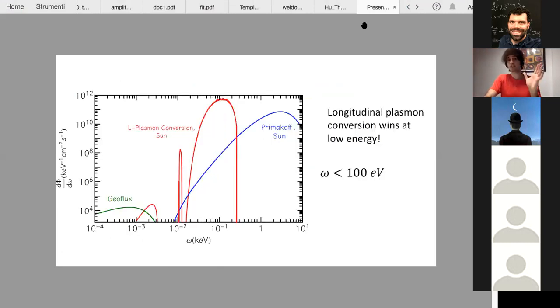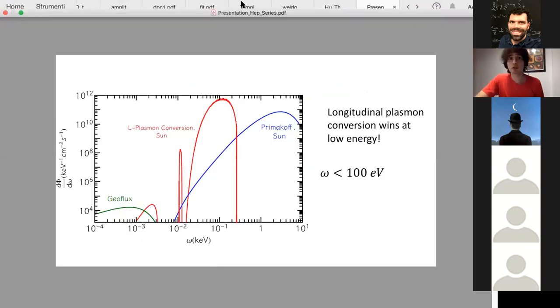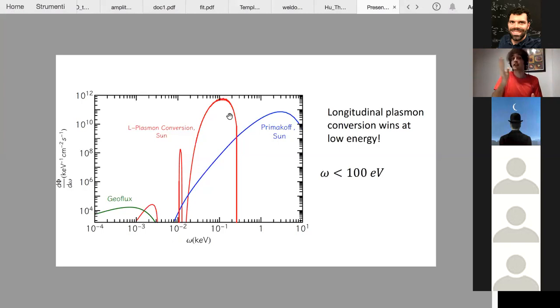Okay, it's a different process, but you can see the difference is just Primakoff is mostly producing thermal photons, so they're happening at the temperature, whereas our process is happening at the plasma frequency. Exactly. In fact, if you notice, the peak of the Primakoff is around the keV. If you remember the plot that I was showing about the temperature of the sun, it was also peaking around that, right? So in one case, everything is set essentially by the temperature of these thermal photons. In our case, it's the plasma frequency. And this is also why our process is peaking at a much lower frequency. And this is also why we had the idea of looking for the differential flux, because the energy is completely